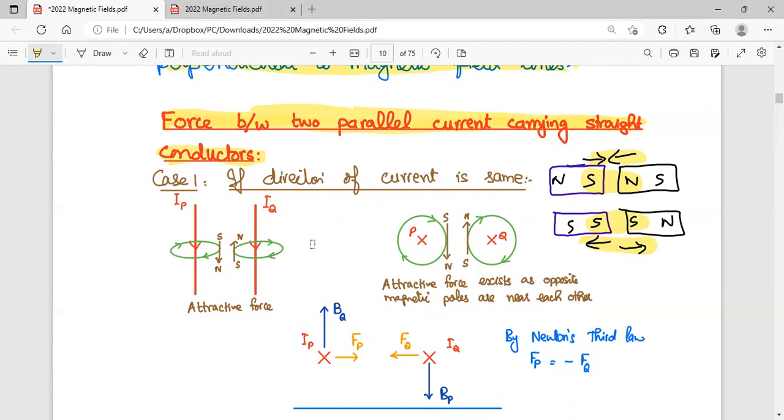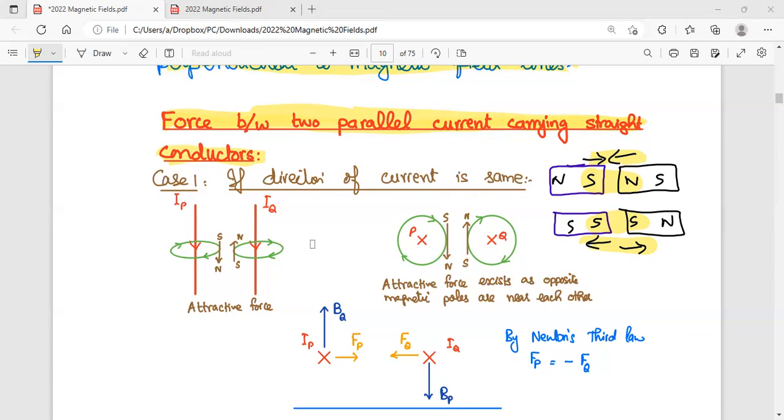Now let's apply the same rule to current carrying wires. When two current carrying wires are placed closer to each other, they behave like magnets. Why do they behave like magnets? Because they have a magnetic field around them, and the magnetic field of both the wires is going to interact with each other. Of course, stronger and weaker regions of field will be generated,